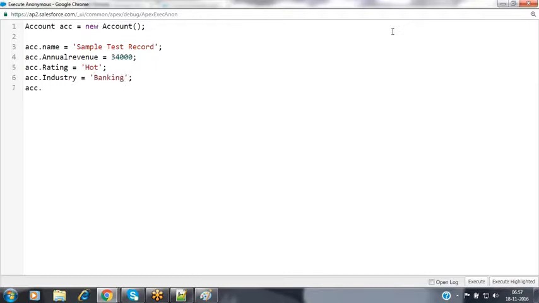Then banking, and then we can pass the value for the PAN number field. I'm passing some value here.